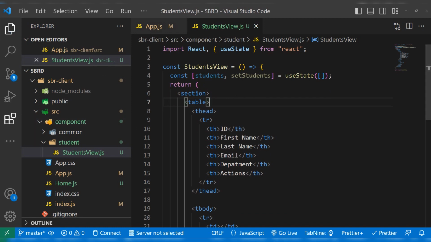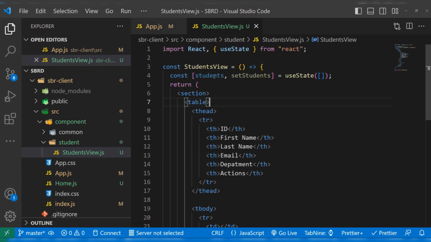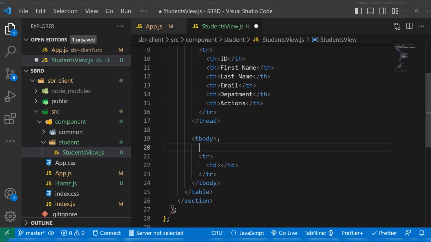Having done this, we are going to move down to our table body here to find a way to get all our users from the database. So for that, I'm going to put curly braces and say students, which is the state variable we defined up there. We're going to map each student to one row, right? Every student to one row. So here we're just going to say map, and now inside here